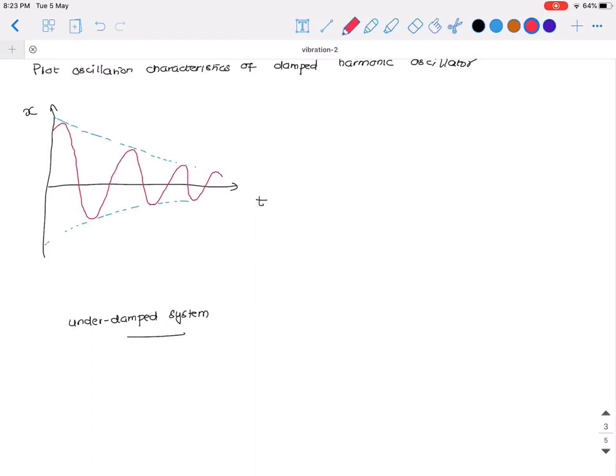Okay, so that is the underdamped system, and we see that, let us say,